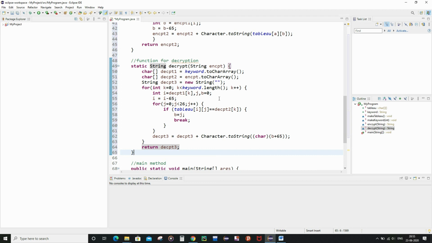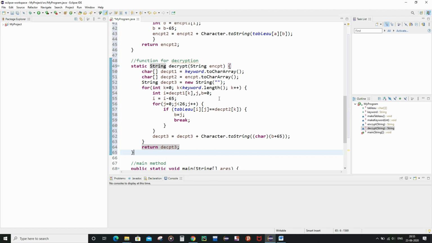Now for the for loop, we are going to do a similar thing to what we did in the encryption function, but in the decryption function, we are not interested in storing both the row value and column value. We are interested in storing the column value only, by making use of the row value and the character present in the encrypted text, which are all known to us beforehand.